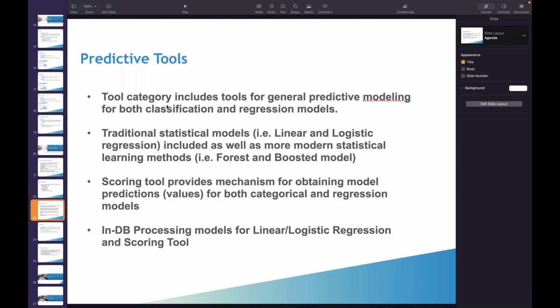Predictive tools, different kinds of tools will be there. Classification, regression modeling. So there are two different kinds of modeling: classification and regression models. Under regression, you have linear and logistic. So traditional statistical models like linear or logistic regression, and different methods like forest and boosted models. So you will come across things,